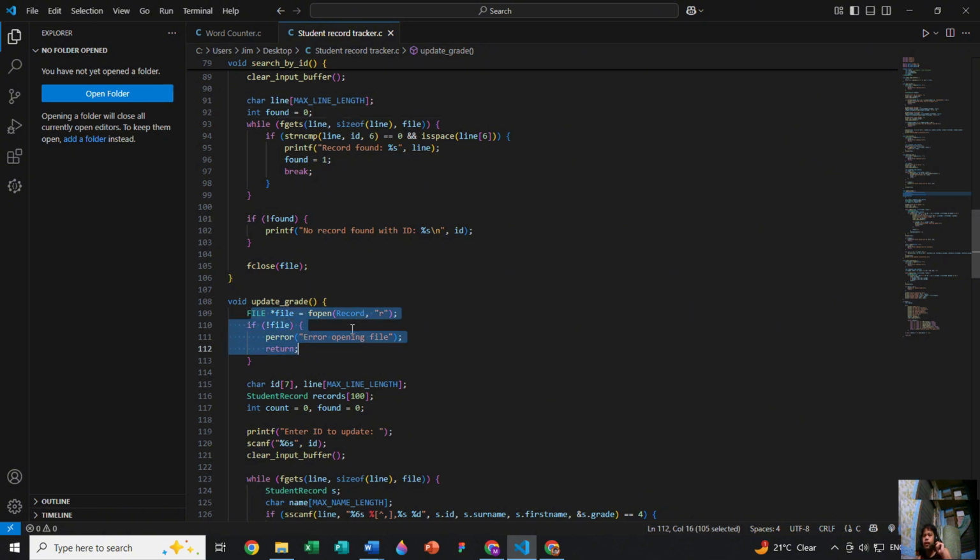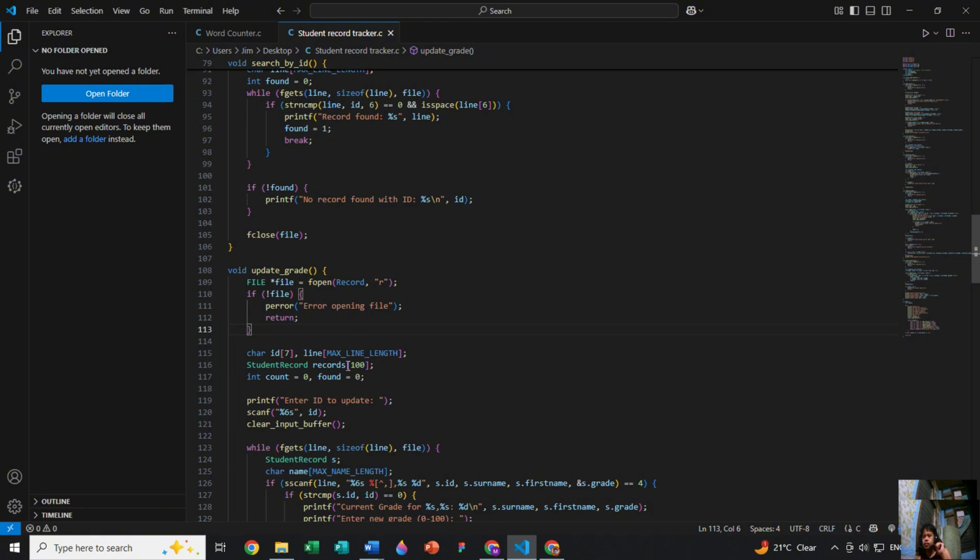First, it will read the record or the text file that has been defined at the top portion in order to open it first, so that it will be open to rewriting. As for this, this will be the array of students to hold all the records, like student records.